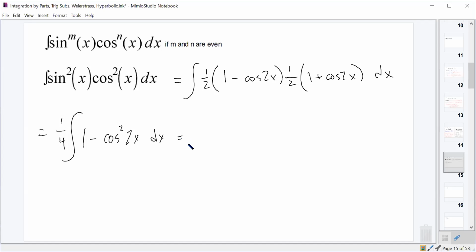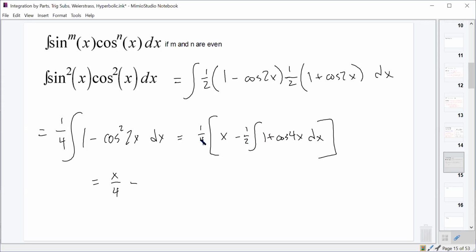So what should our power reducing formula give us? If we want to, we can do 1/4 times, if we integrate the 1, it should be x minus the integral of what? If we do power reducing on cosine squared 2x, it should be a 1/2 of 1 plus cosine 4x dx. Good or no? Yes, good. Okay, and then should end up giving us x over 4 minus, let's see, this is integral of